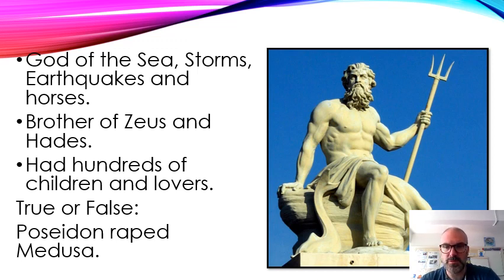So Medusa was a beautiful young woman who Poseidon decided that he fancied. She tried to resist his advances, but he was having none of it. So he raped her in the temple of Athena. Now, the temple had been desecrated by this act, and so Athena punished Medusa, not Poseidon, with her snake hair and made her revolting to all other mortals, until eventually Medusa's head is cut off by Perseus. So, not a great fate for someone who is fundamentally blameless and innocent, but that's the nature of the Greek